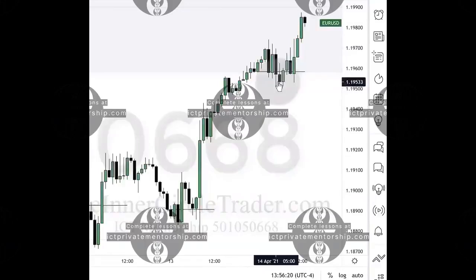So remember, the hallmark to this mentorship is we're trying to trade inside of the weekly range, and we're forecasting. I'm teaching you how to forecast the expansion of the weekly range. In other words, the candle that makes up a weekly